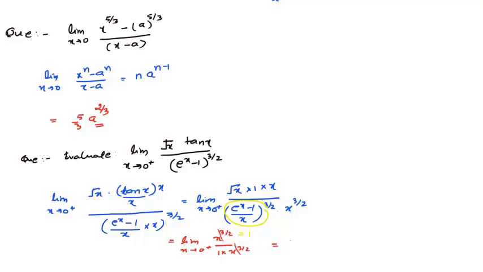Finally, the answer that we'll get for this limit will be equal to 1. So I hope you understood this question. Just if you look at the previous question, make a change here. What we had is limit x tending to a, and the formula is applicable for limit x tending to a of (x raised to power n minus a raised to power n) upon (x minus a). See, this is becoming 0 by 0, then only we apply n a raised to power n minus 1. Okay, so now let's move to the next question.